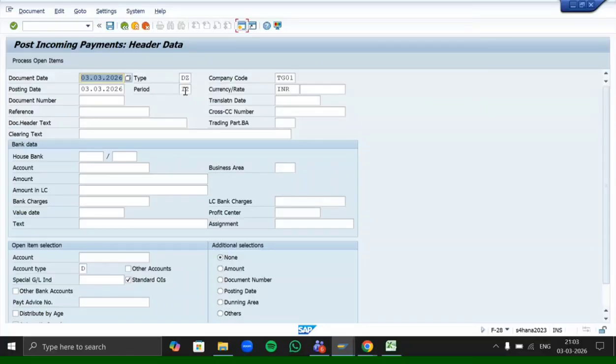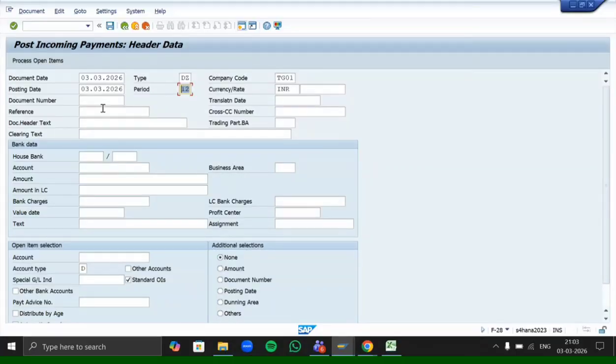Period means in which posting period we are posting the transaction. So the period is 12, as we are using the fiscal year April to March, right? So March will be the last period, and March is reflected as 12.